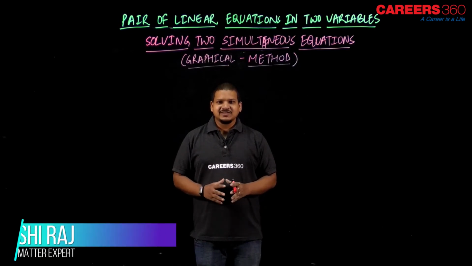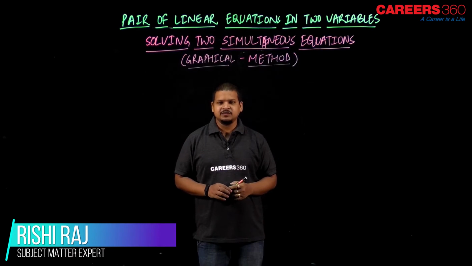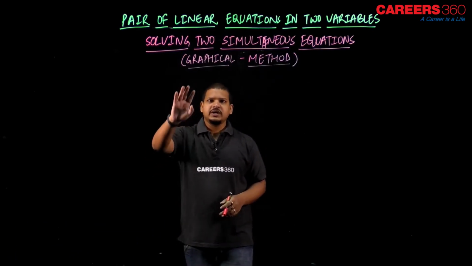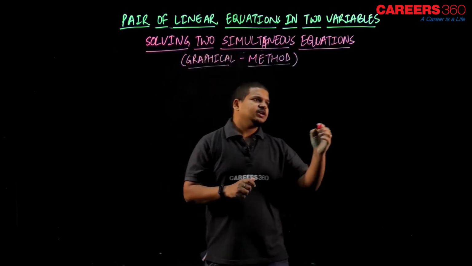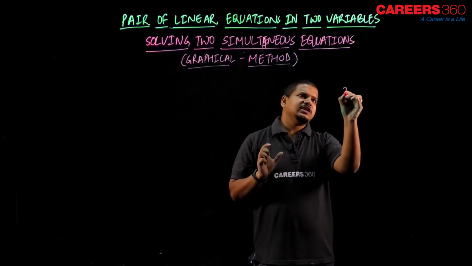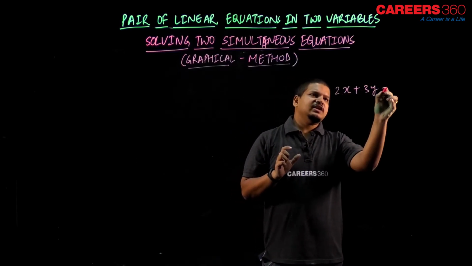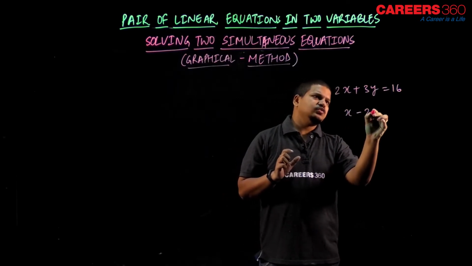Welcome back everyone. So in this session we are going to solve two simultaneous equations using the graphical method. And as the name suggests, we will be using graphs to solve two simultaneous equations. So let's take two simultaneous equations first. Let's say there is one equation, 2x plus 3y is equal to 16, and x minus 2y is equal